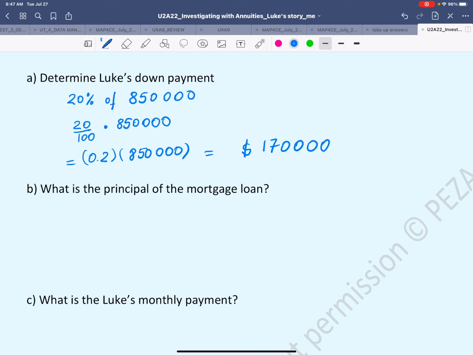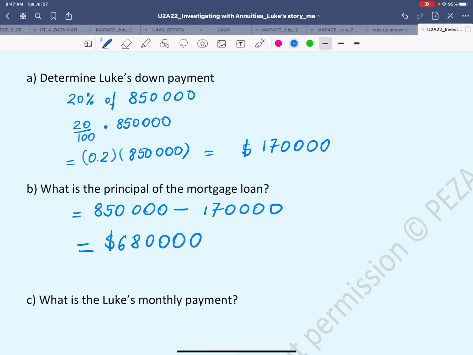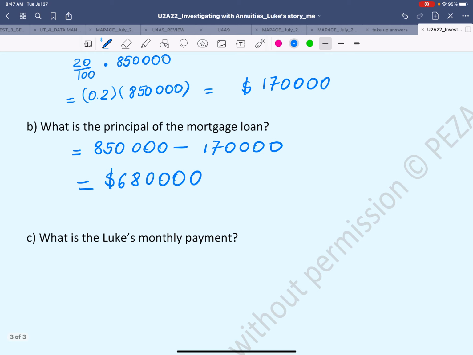Now, because he's putting down this amount of money, it means that he won't have to borrow $850,000. So the principal mortgage loan would be $850,000. Take away $170,000. And this would equal $680,000. So Luke will have to arrange for a mortgage of $680,000. And now he's thinking, with the terms and conditions,